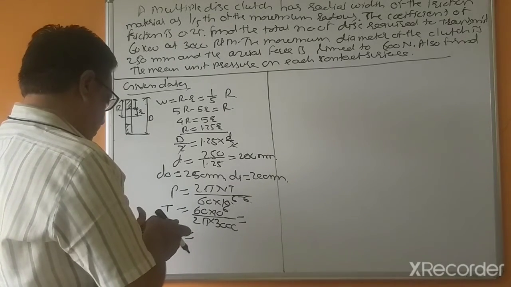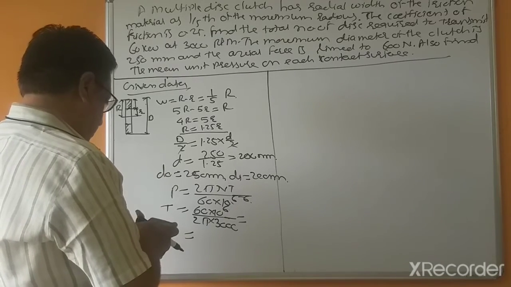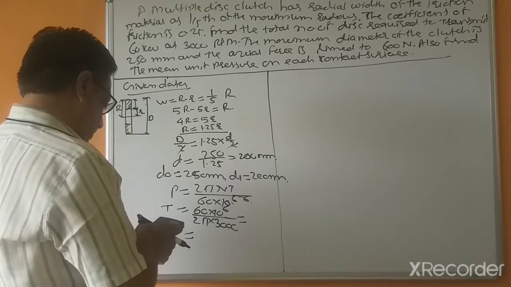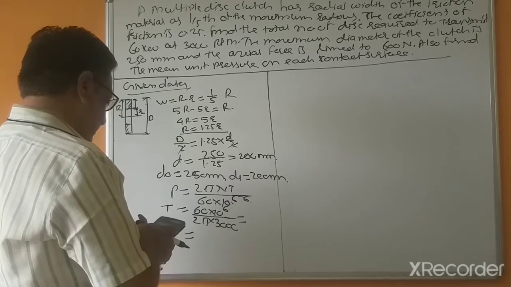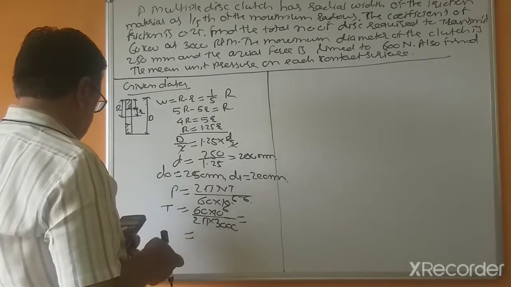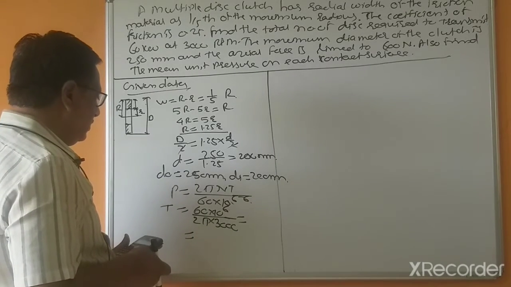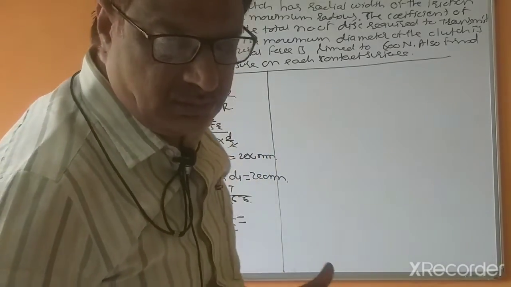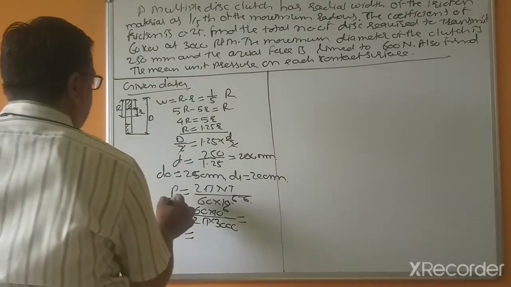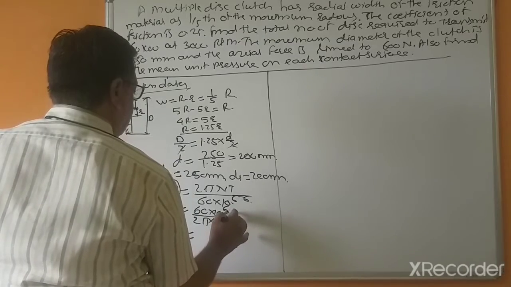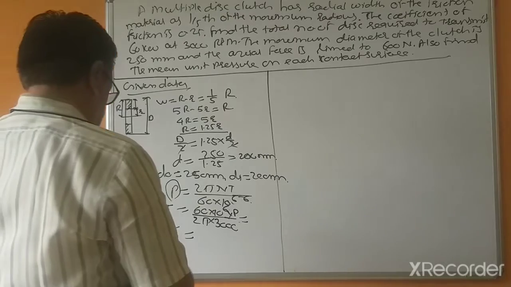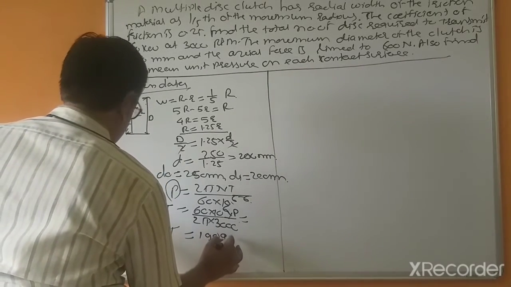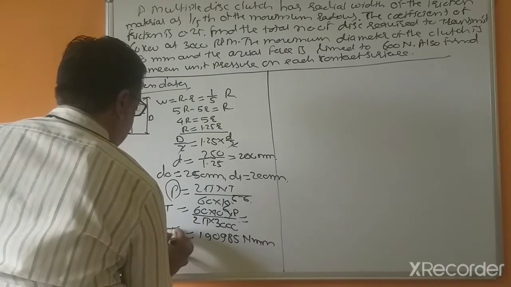Sixty into 10 to the power 6 divided by 2 divided, 60. So this is T equal to... so this power also, we are missing this term P equal to, multiplied by 60, 190,985 Newton mm. So this is total torque